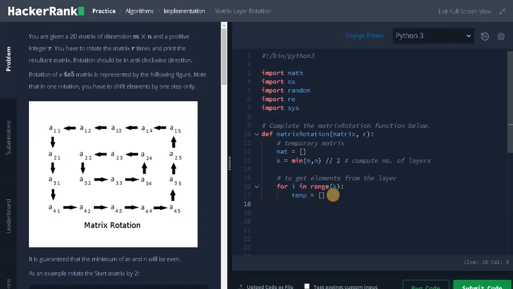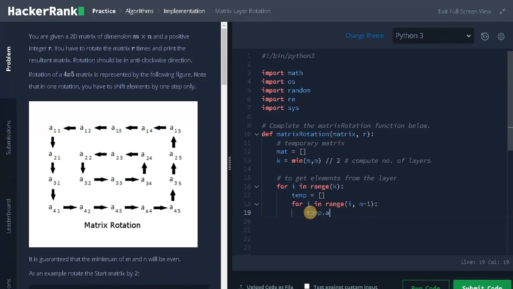Now to get the elements, again initialize a loop: for j in range of, starting from i, that is the outer layer. If we increase the layer, it will go deeper, up to the element that precedes the layer, that will be n minus 1. n is the column count of the matrix.